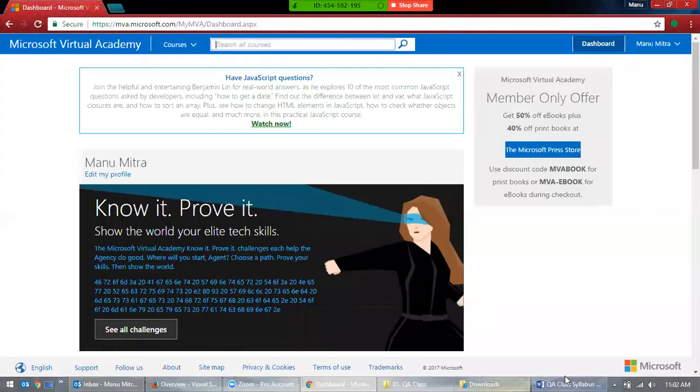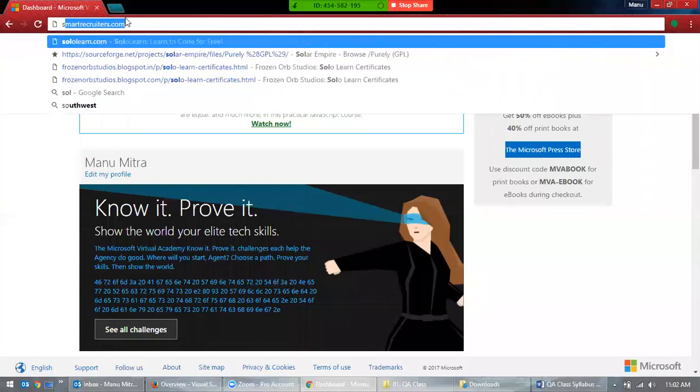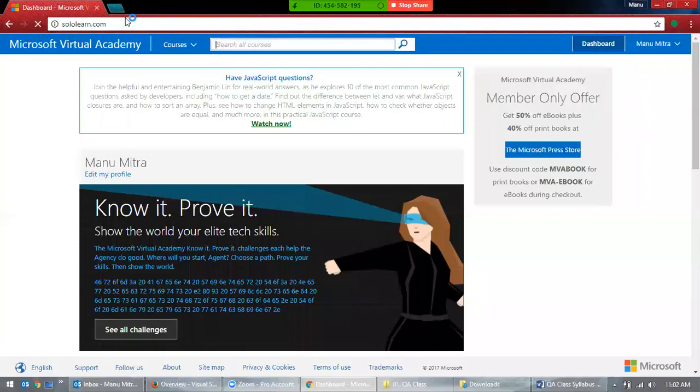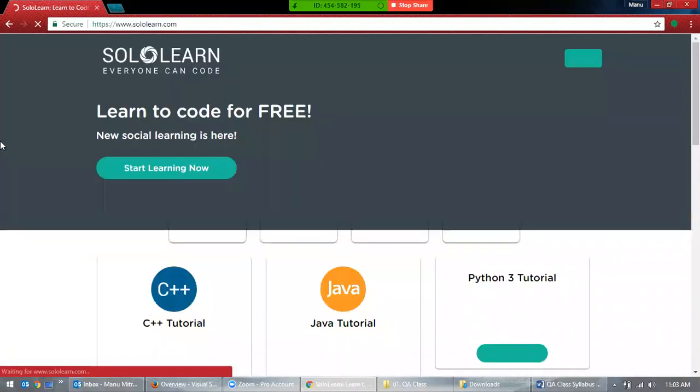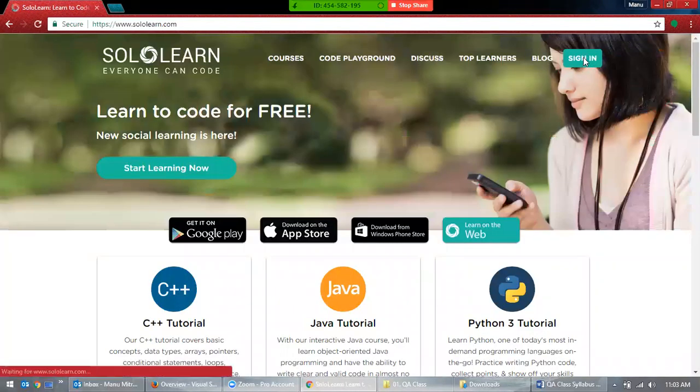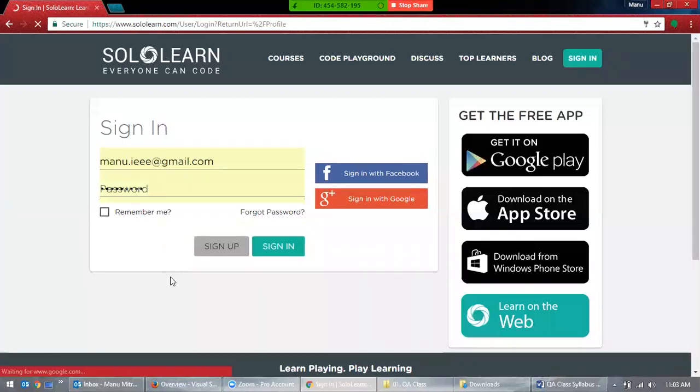There is one more, that is Solo Learn. Let's go to Solo Learn. So this is good too. But the only problem with this is there are not too many certificates. Actually, they don't have many features available to get this certificate. Okay, let's see what options we have here. So again, we need to register once. Once you register it,